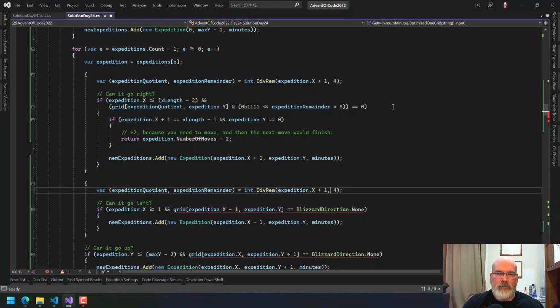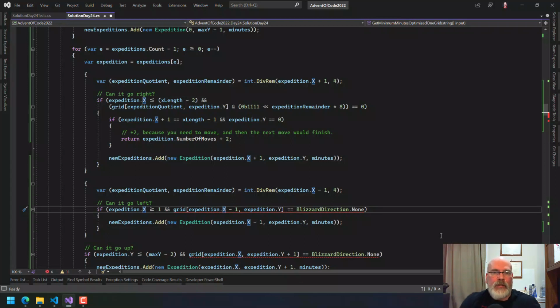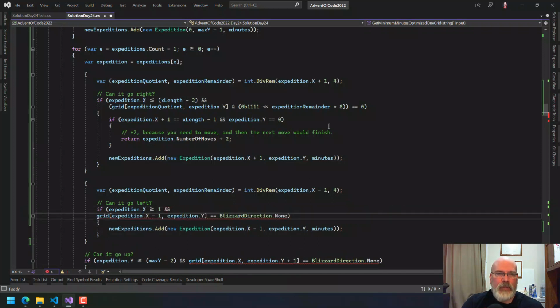And we're going to do x - 1, except we've got to be really careful here. Because again, we'd only do this if this is 1. And so if it's greater than or equal to 1, 1 - 1 would be 0, and we're safe, okay? But what we're going to do now is say, and grid at expedition x, and this,